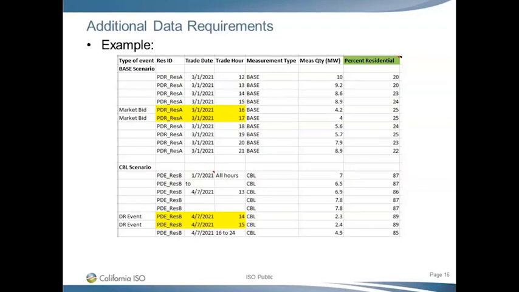I think, Kaweda, we can go over a little bit, if it helps, this example, which is laying out both the new information that's required as well as the expanded data that's required. As an example, for the measurement type of base, when we're showing the market bids for hour ending 16 and 17, previously the information preceding that, the 4 hours preceding that, and after those hours wasn't something that was required. With this option, as a condition of the approval, that is the expanded amount of data that is going to be required for base. In addition, the new information that's going to be required is shown in the % residential